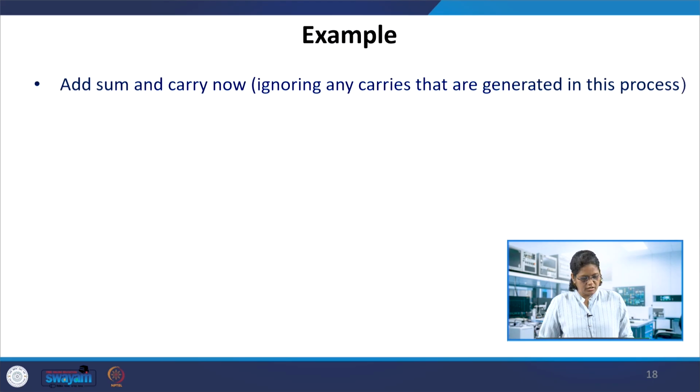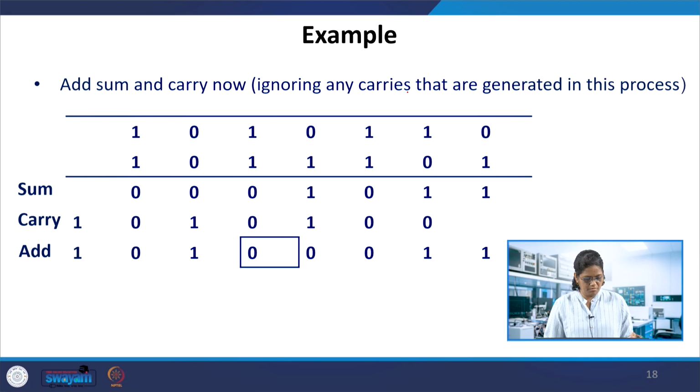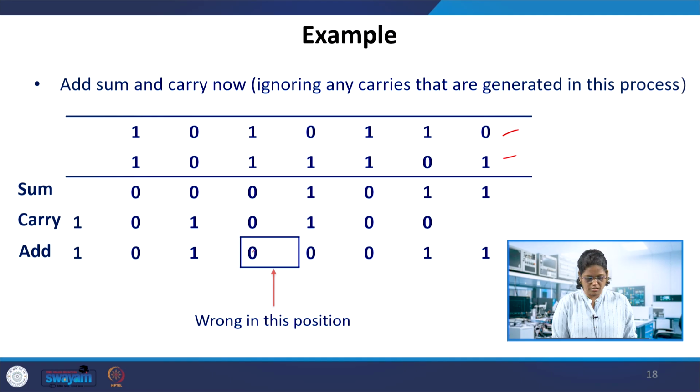So can we add this sum and carry? For these two numbers, the sum obtained is this, and the carry is this. So if you just shift the carry, so that we add 1 1 and then 1 1 0, if there is a carry, then this would generate a carry actually in this place. We ignore that carry, so this is becoming 0 and 1 and 0. So the rest of the bits are okay. This is not correct in this case.